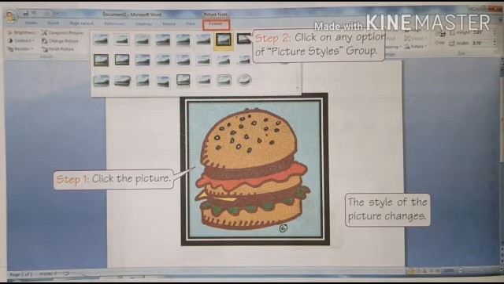So same, we'll click on the picture, then the picture tool will appear, and then you can see different types of styles are present. Picture styles are present as display. You can click on any of the styles, and there is a drop down menu also, you'll click and you'll get all the styles. So you can select the style which you like, and just by clicking on the style, the style of the picture will be according to the picture style you have selected from the option.